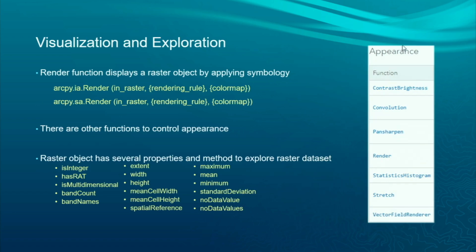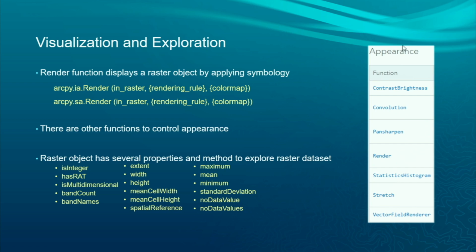Okay, and you can see that you can do the visualization when you actually use ArcPy, visualization of this raster object or the raster you're looking at, and we have a renderer to apply symbology to it if you want to do. But you can also do other kinds of changes like contrast, brightness, convolution, pan sharpen. All those methods are available to you if you actually want to